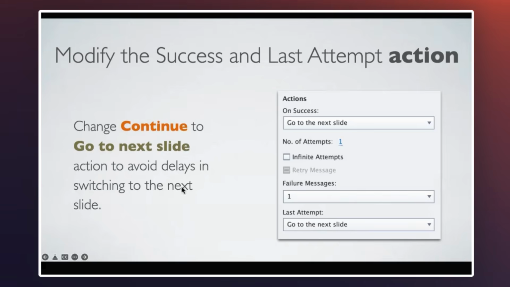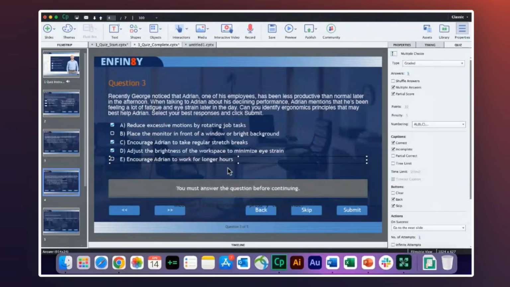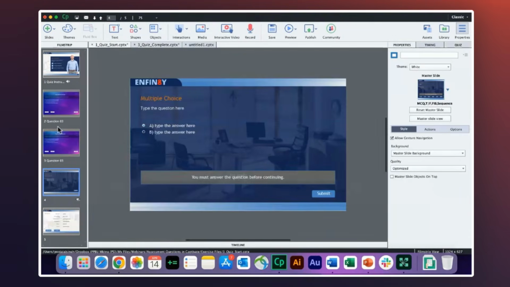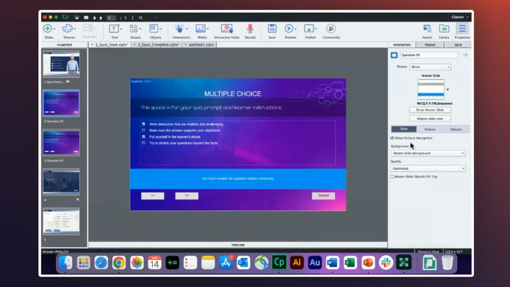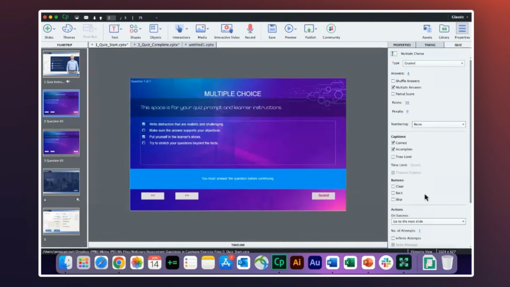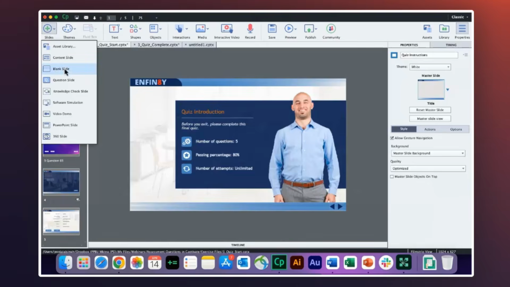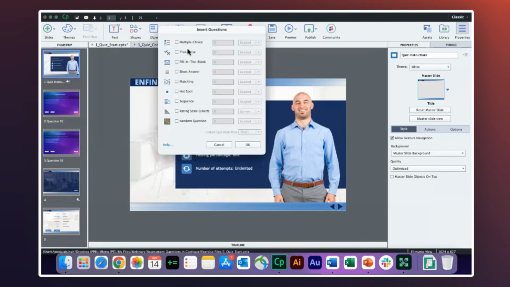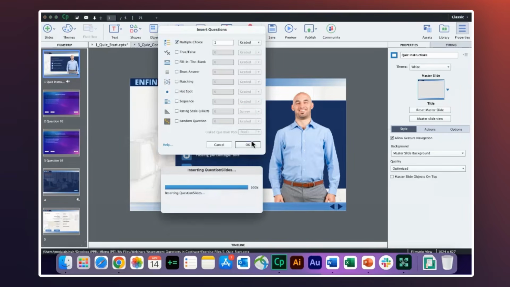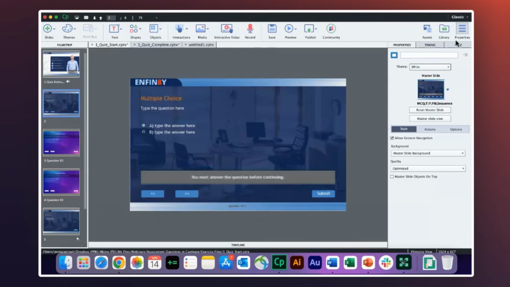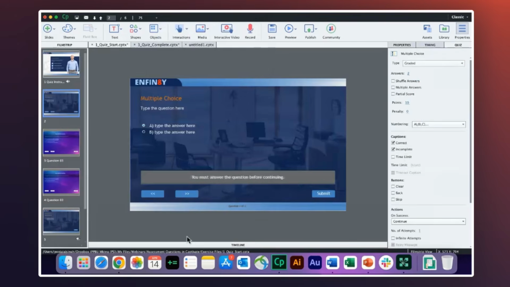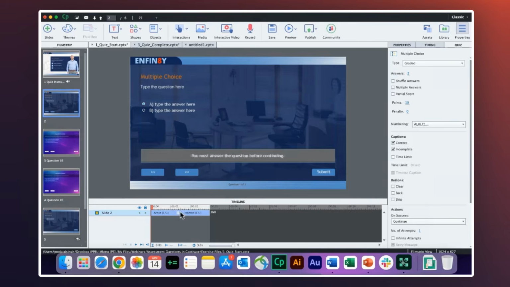So by default, when you add questions, Captivate gives a continue action, and continue makes it a little slow. So let me just go back here, and we'll go to this question and go to quiz. Okay, let me add a new question from here. So I'll go and add a question slide, a multiple choice, and you will see that it adds continue as the action. And if you look at the timeline, the pause point is at 1.5 seconds. So either you reduce the timing of the question to 1.5 and let it be continue, or what you can do is